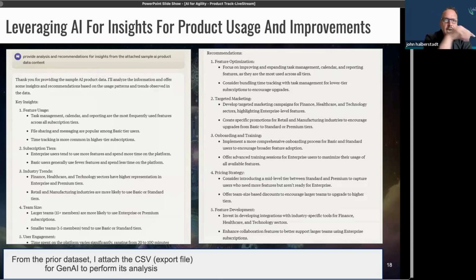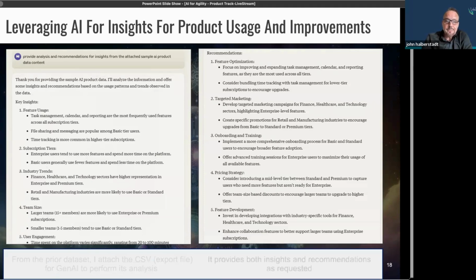Item 3 binds back to item 2 on the insights. So it's providing some targeted suggestions about things I could do in that instance about how I can get more use from our basic users there. And again, that's really valuable. I don't have to accept any of these, but it gives me some good ideas of things that I might want to focus on.